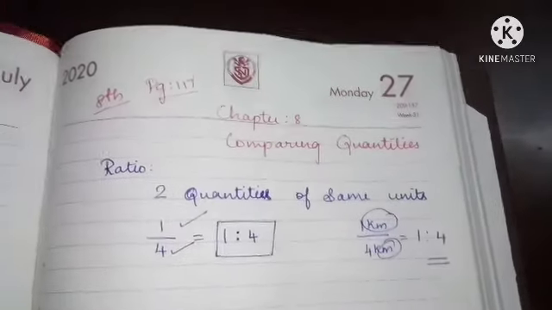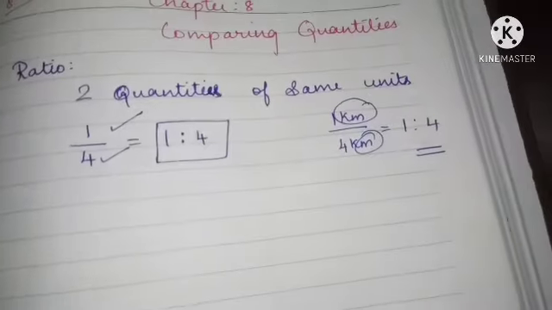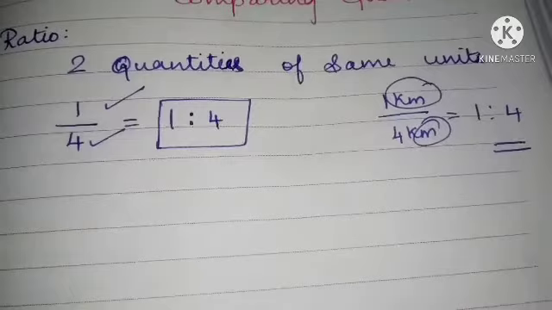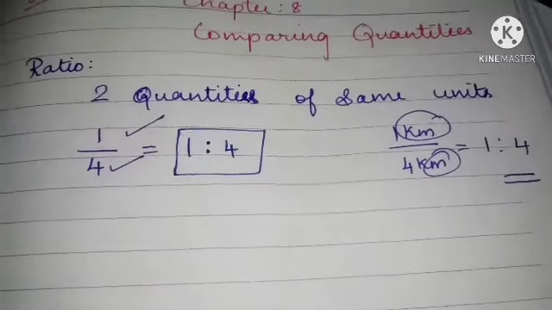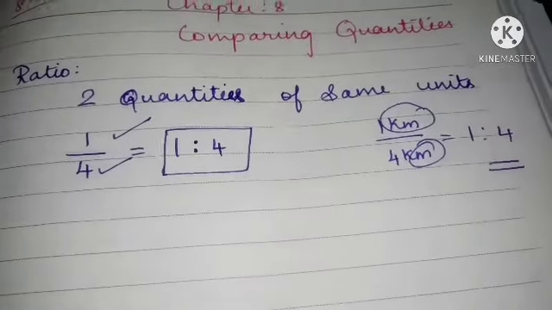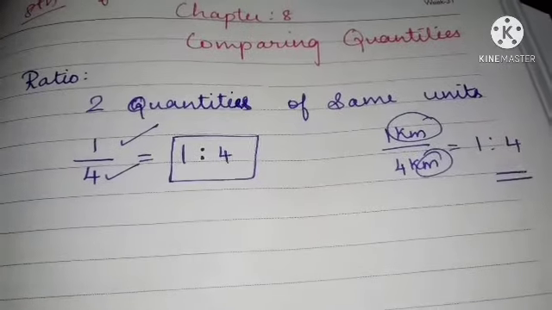Okay, so ratios we have learned. In this ratio we have learned how to find equivalent ratios. That is just a basic concept. Equivalent ratio means what? Usually you find equivalent fractions, no? Multiply and divide by the same number, and you will get the equivalent ratios for that particular ratio.